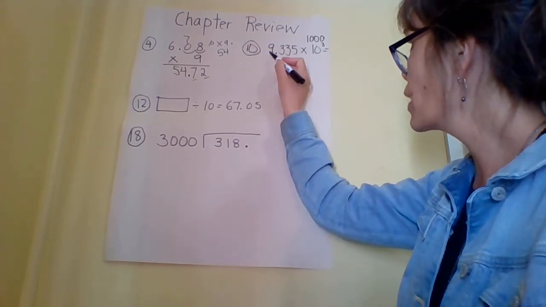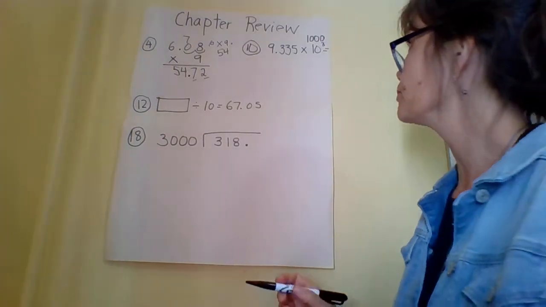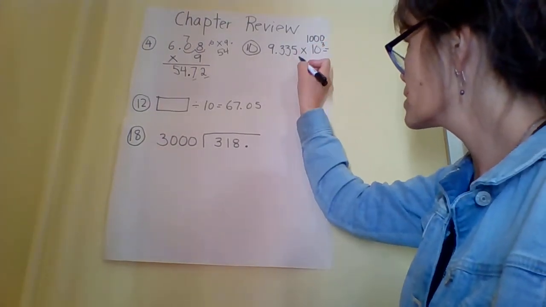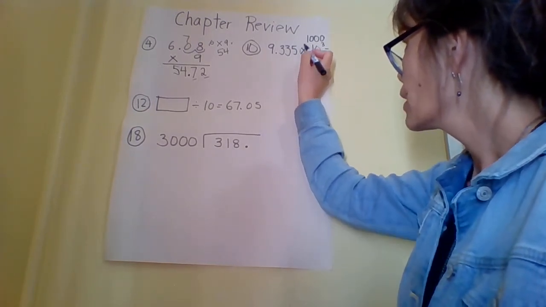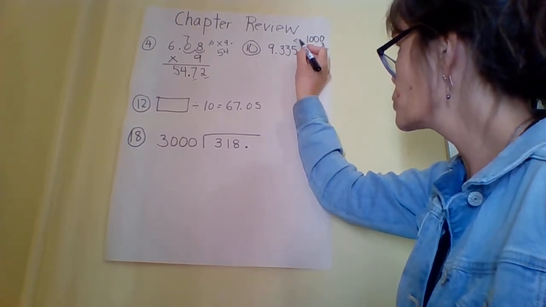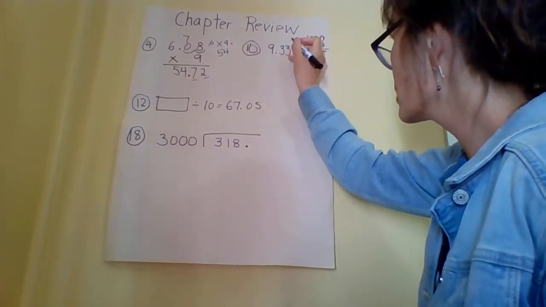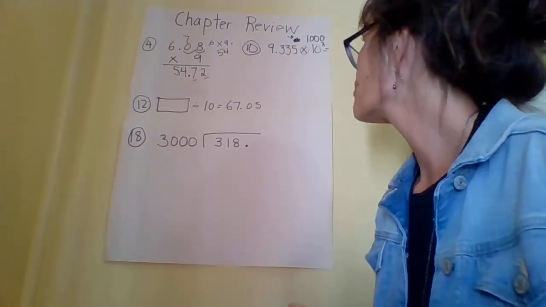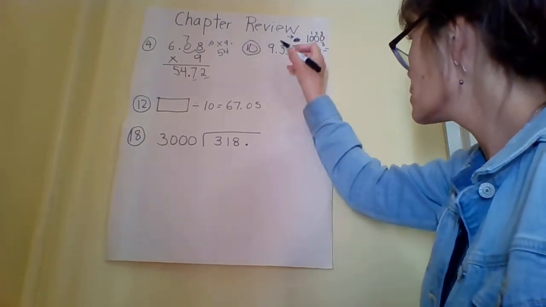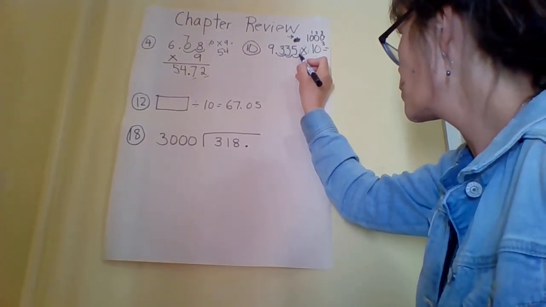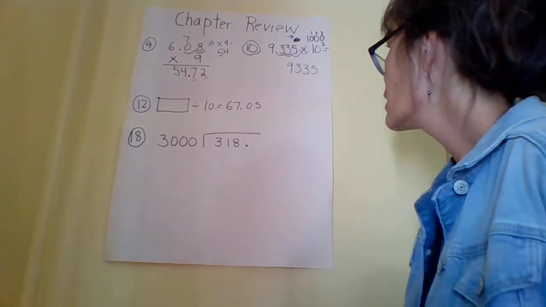So now I am multiplying this number 9 and 335 thousandths by 1,000. So I know that my answer is going to be bigger, because I'm multiplying. And I know that means I'm moving the decimal point to the left. Excuse me. If it's getting bigger, it's going to the right. And I'm going to move it to the right 1, 2, 3 spaces. So 1, 2, 3 spaces means that my answer here is going to be